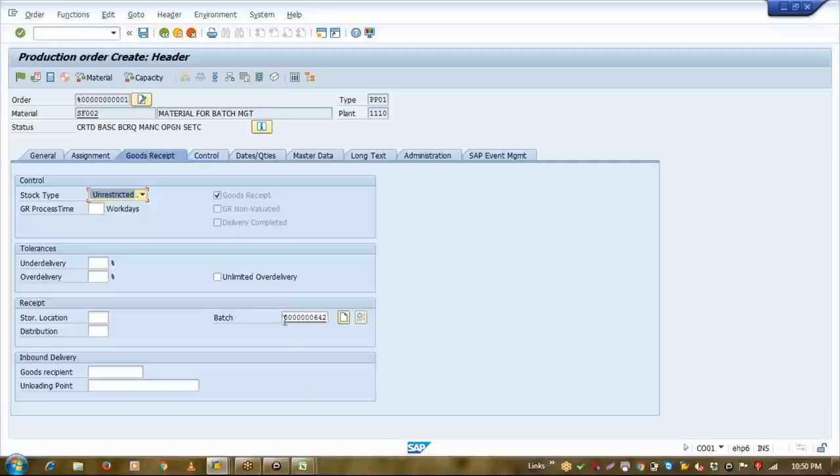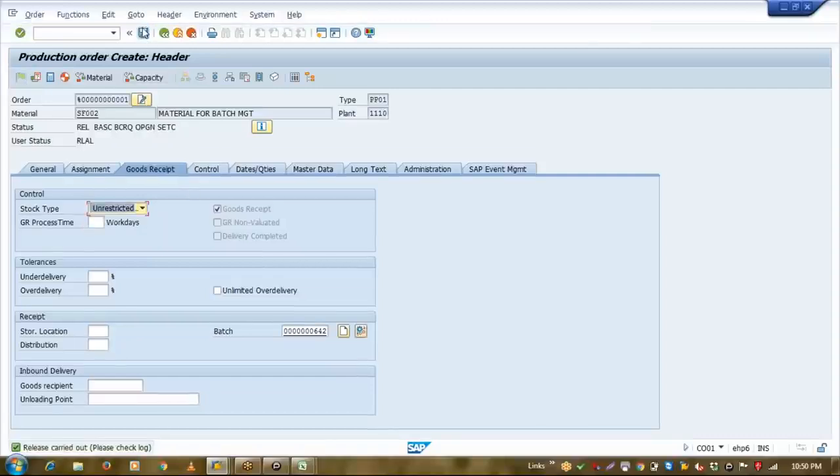See, system has automatically created this new batch number, because we said that batch number should be created at the time of order creation. Okay, system automatically generated this batch number here. Now if I release this order and save this order,